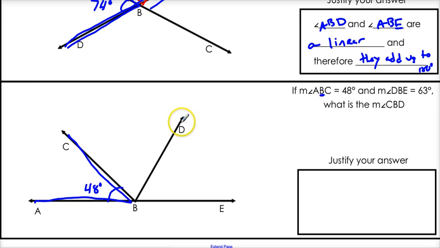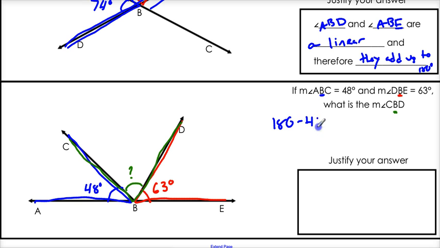And DBE, B is right here, so that's the vertex, is 63 degrees. We want to find what CBD is. B is our vertex, and that's our angle right here. We're looking for this guy right here. Once again, since you know these three angles form a straight line, all you have to do is